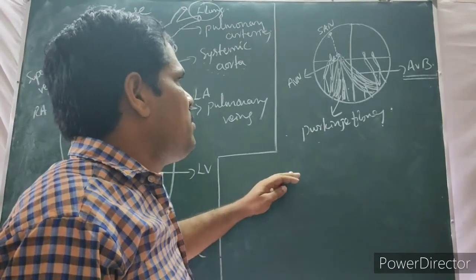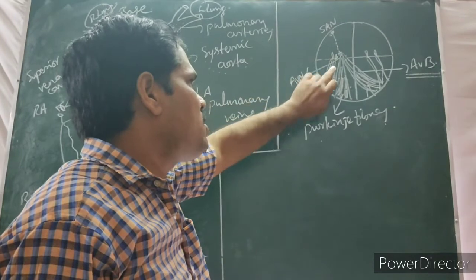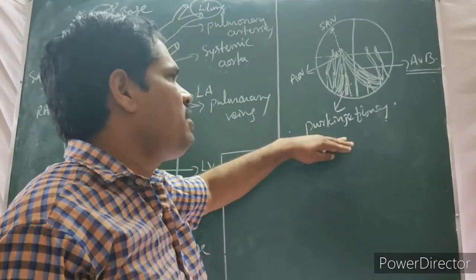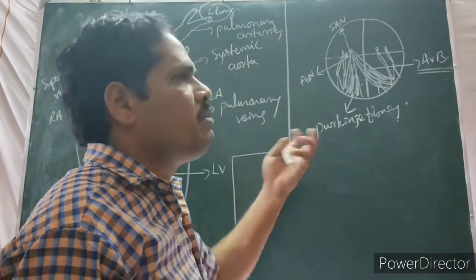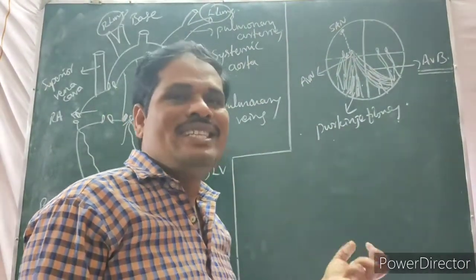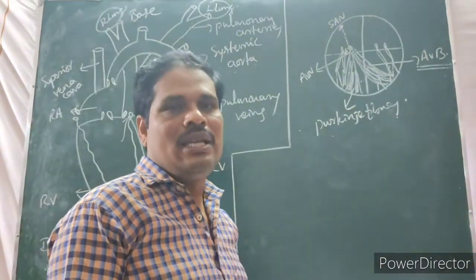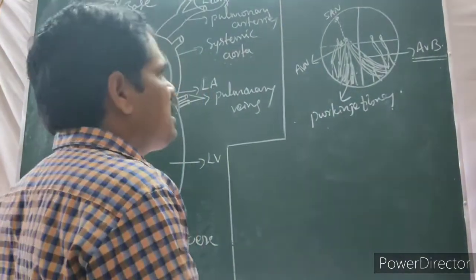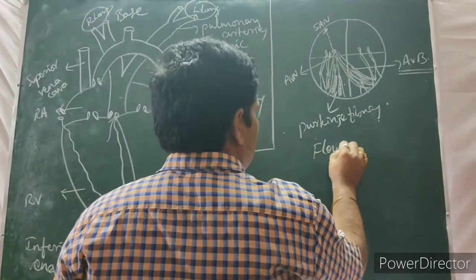So because of this action potential generated from the SAN, reaching the AVN, then the AV bundles, then Purkinje fibers, papillary muscles, then cardiac tendinae, the overall heartbeat is initiated or started. That is what we call the cardiac cycle: atrial systole, ventricular systole, and cardiac diastole. If you see the flow chart, it is very easy to understand.